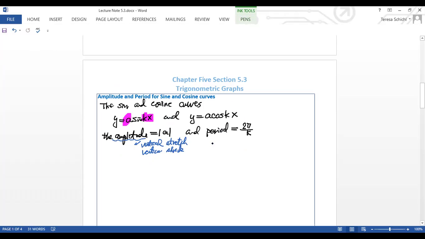Like in here, the period in the transformations, we said it is a horizontal